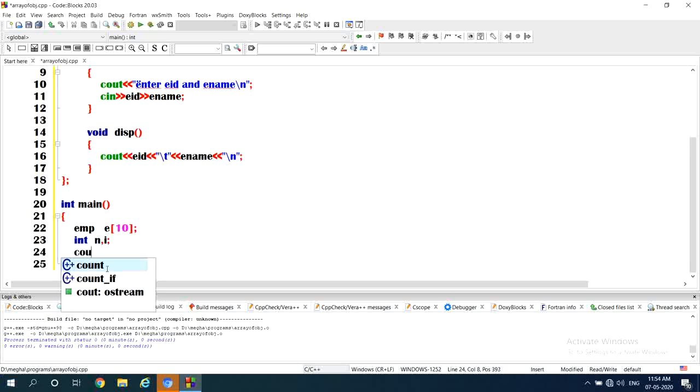Now cout, enter n employee details, \n, semicolon.